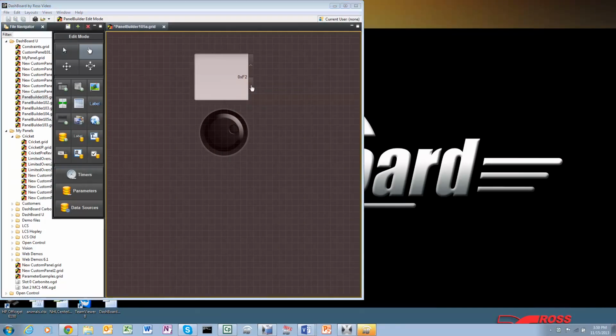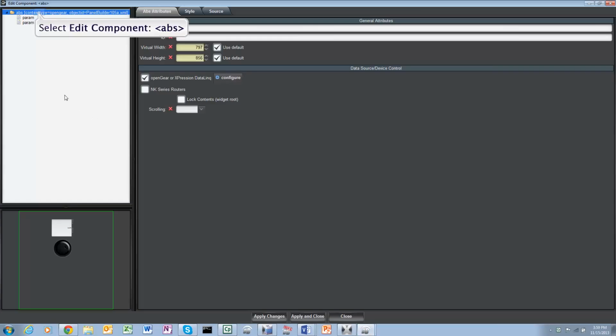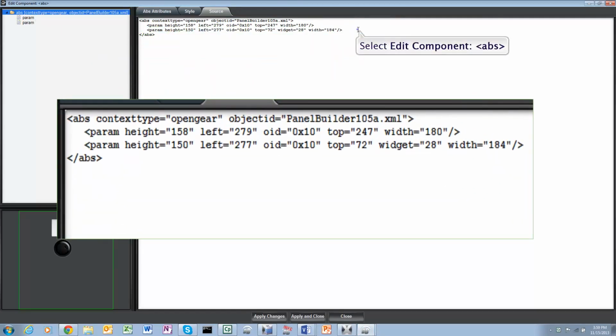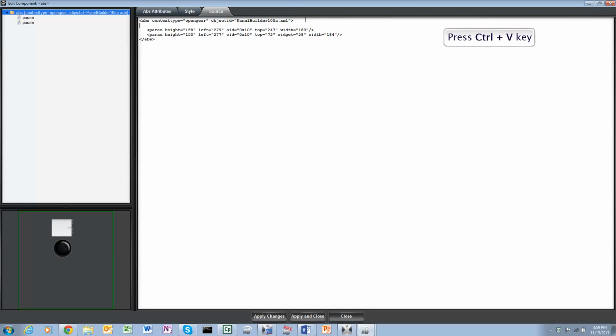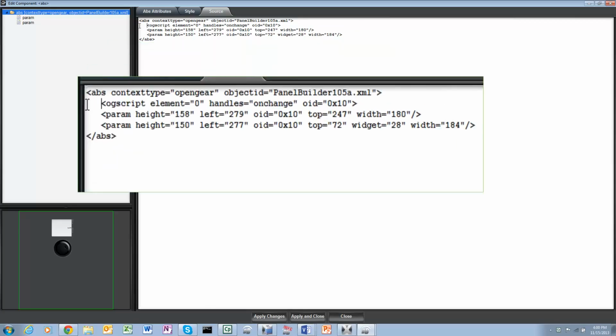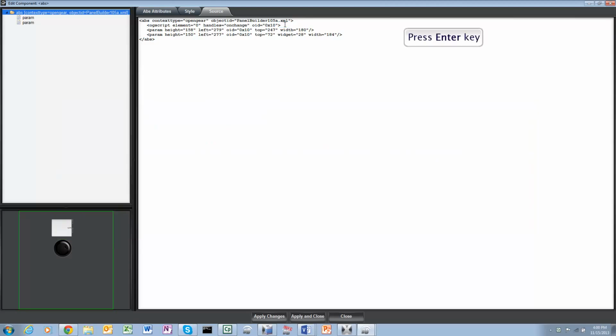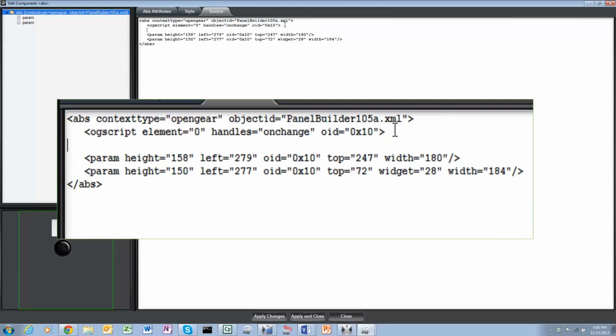Now let's go and edit the onChange method for this control and write its value out to the debugger window. So I'm going to select the very top level ABS here, open up the source window and start typing. I cheated by pasting this in here to make it faster, but we've opened an OG script element here. We've said it's an onChange handler, and the parameter that it's looking at is 0x10, or the object ID 10. I'll just go and close that tab,